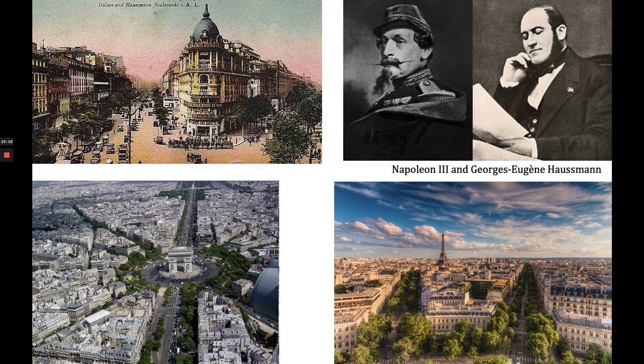The plan built 2 new railroad stations that would help with the rising population and their commute to work. It also widened the narrow Parisian streets by demolishing hundreds of old buildings. And so that's one thing that you'll notice if you ever go to Paris, is how wide their streets are.